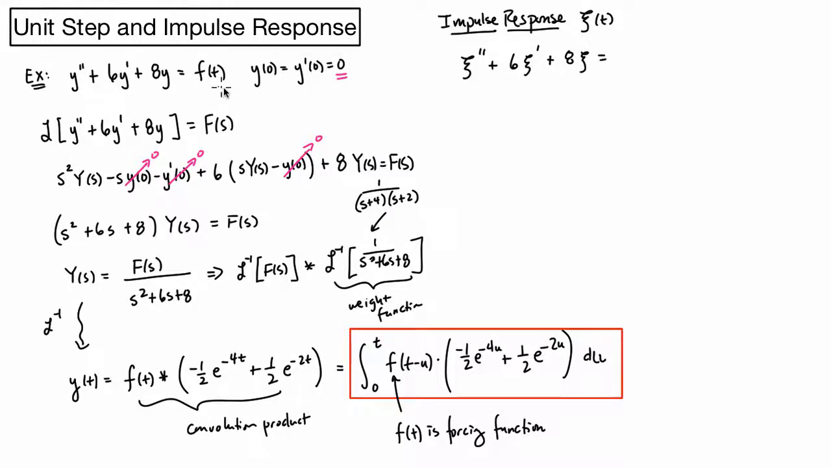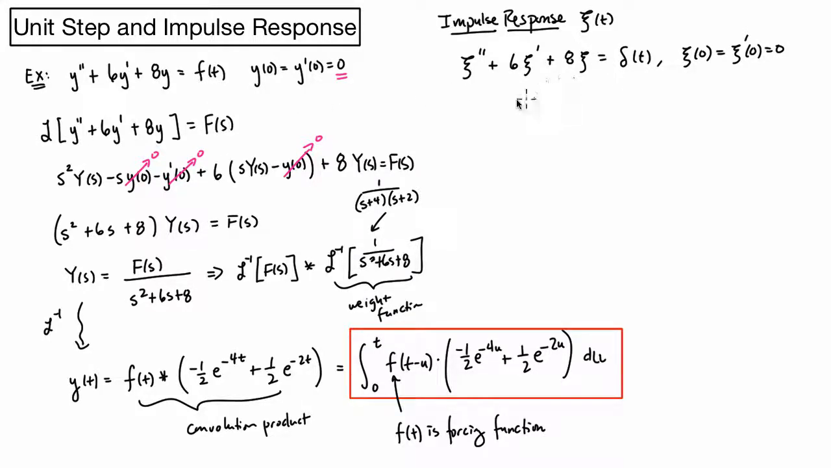Equal to, and instead of forcing with f of t, I'm going to force with delta t. Now, what this results in, and these are still going to be rest conditions, so xc of 0 equals 0, x prime of 0 equals 0 as well. And the idea here is, because we're at rest initial conditions, it's going to look exactly the way that this problem looked previously. It's just the Laplace transform of f of t, capital F of s, since it's the delta